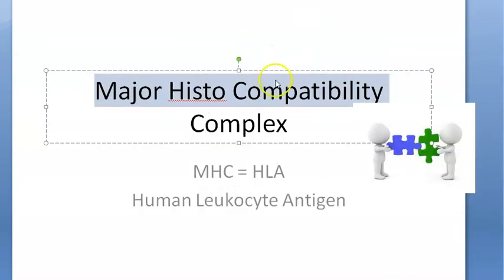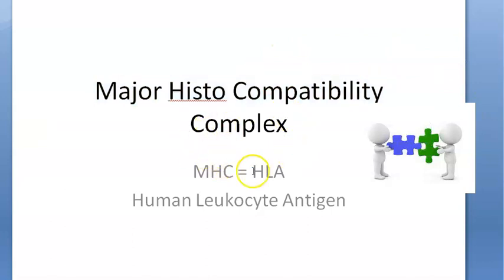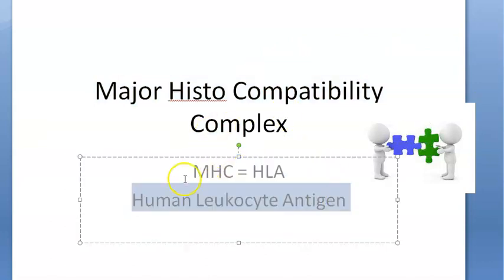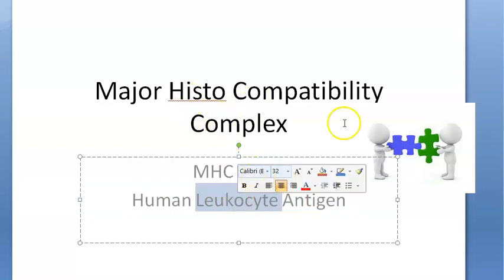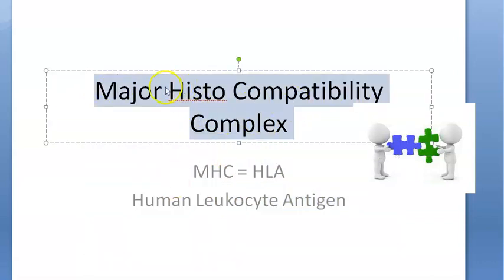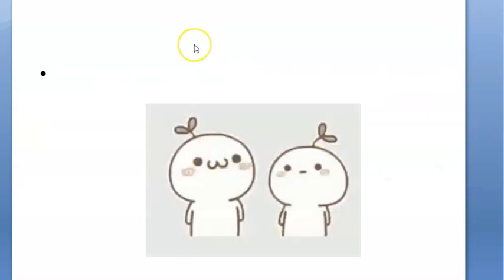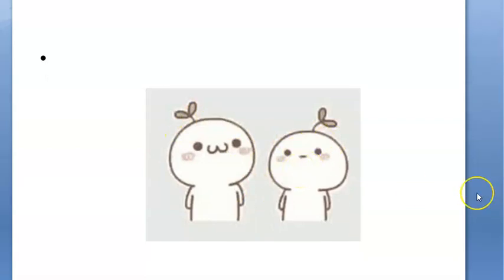So major histocompatibility complex, you have understood. It is nothing but HLA, or human leukocyte antigen, was the previous word, because they thought that these antigens are found only on WBCs. But now that they saw many cells have these antigens, that's why they're calling it major histocompatibility complex. Because for accepting something which is not yours, you will have to be compatible with this antigen. On the cell surface, these MHC molecules will be there.